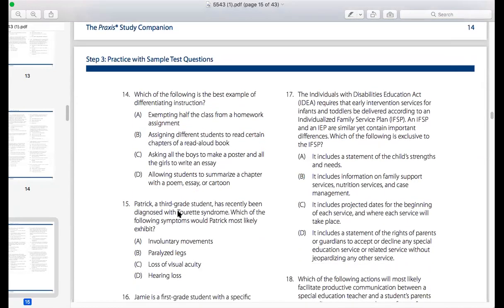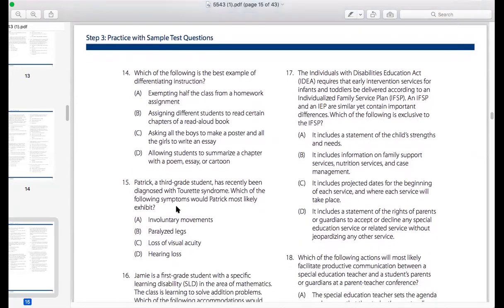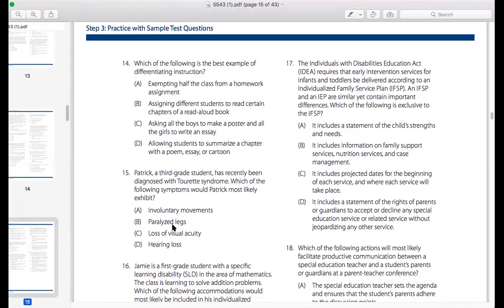Okay, and number 15, let's see. So this is going to require us to know about Tourette syndrome. So a very specific exceptionality there, right? Okay. Right. So what did you get for number 15? I put A. Yes. And again, has to do with making sure that you know exactly what this exceptionality is and